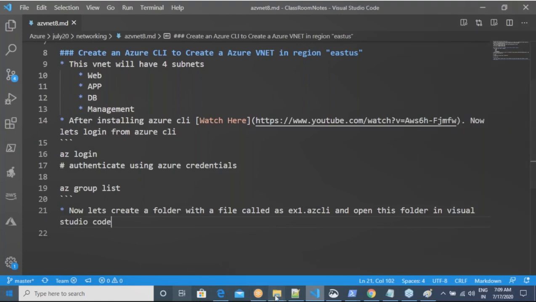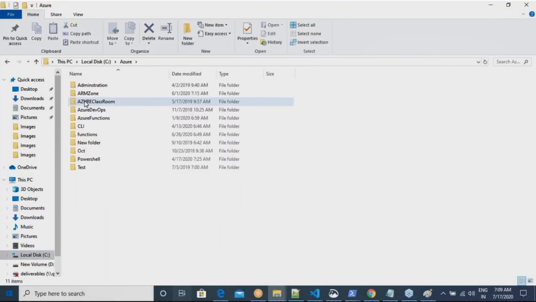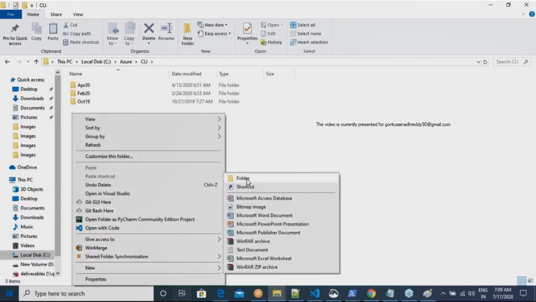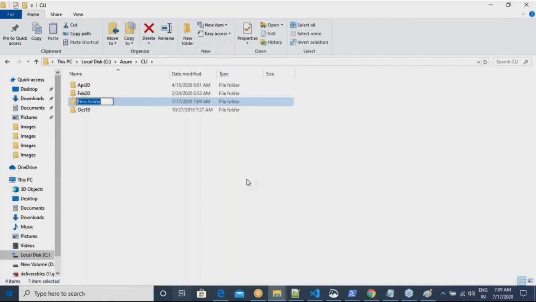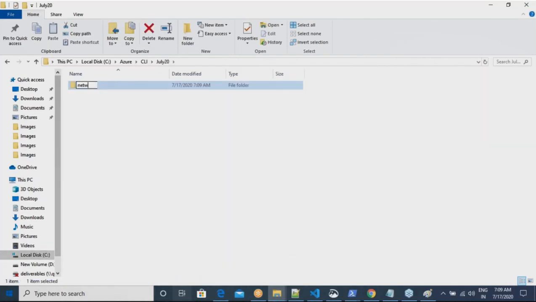So what I'm trying to do is, I'll go in and create a new folder over here with this month's name, July 20. In that I'll create one more subfolder, which I'll call networking.